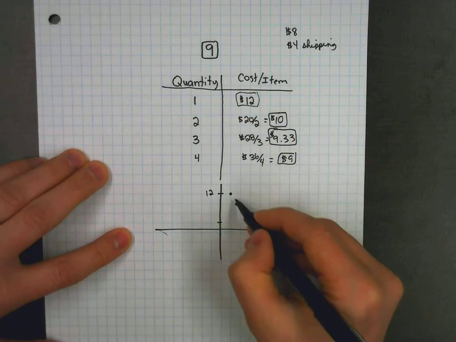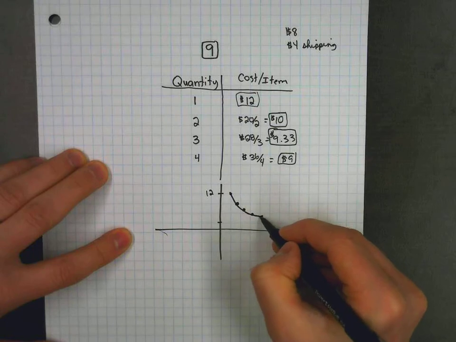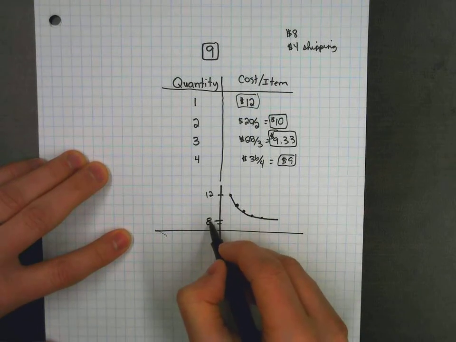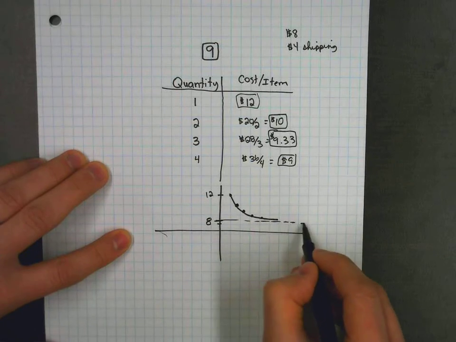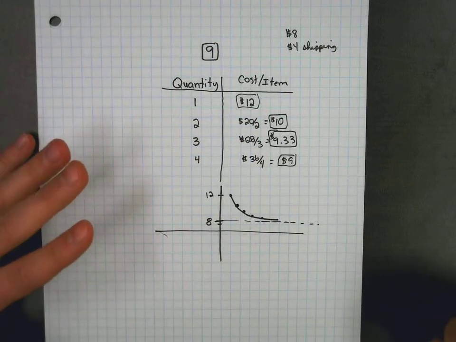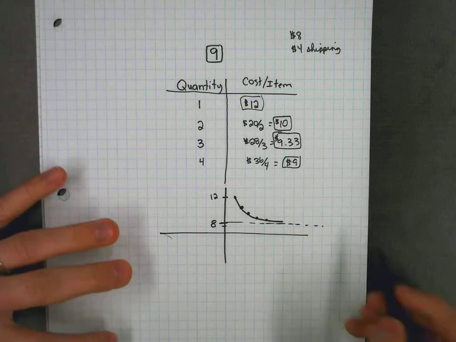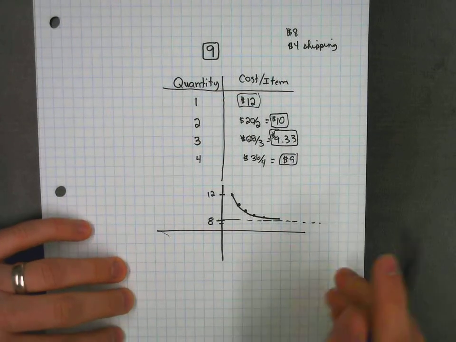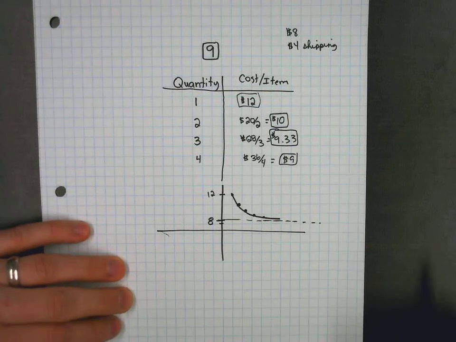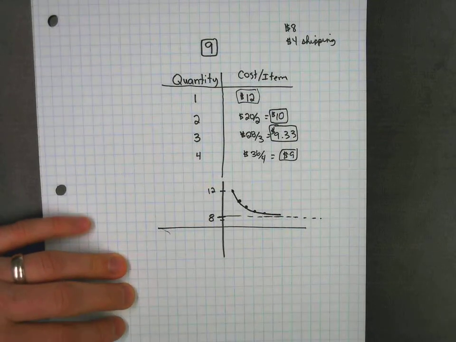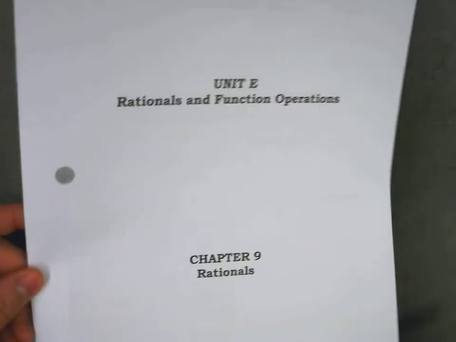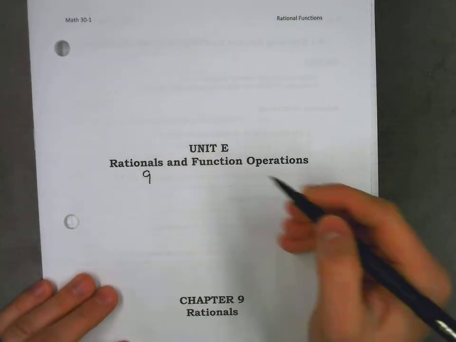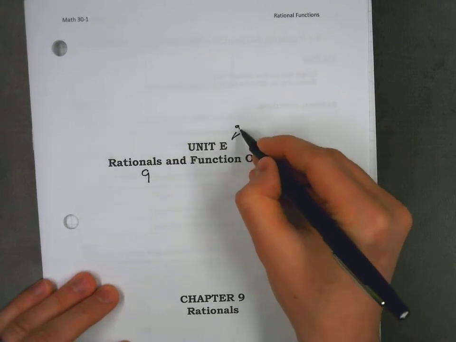And what starts to happen is we level off a little bit, and eventually around the $8 mark, you'll start to level off, and you'll never get cheaper than $8. All those shipping costs eventually, when you're looking at 10 items and 100 items and 1,000,000 items, the shipping becomes almost negligible. So this is the idea that we're starting to get into in our Chapter 9, combined with Chapter 10 for